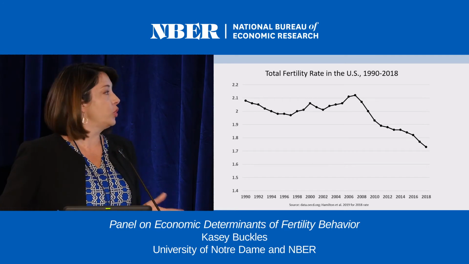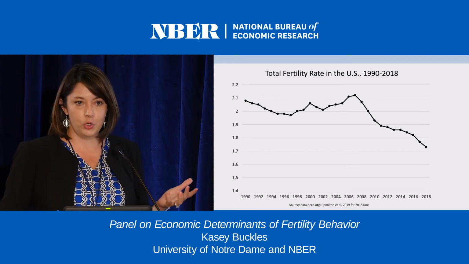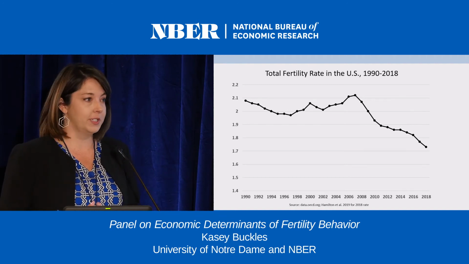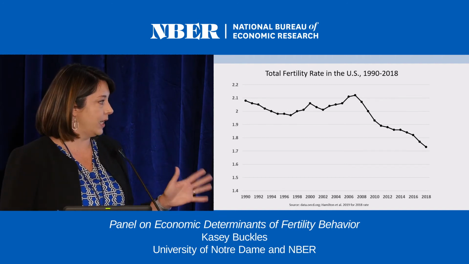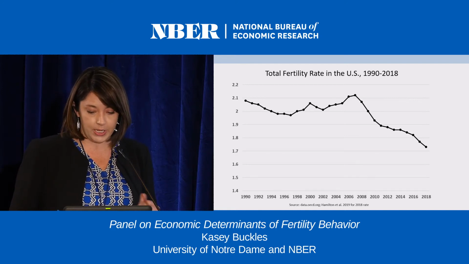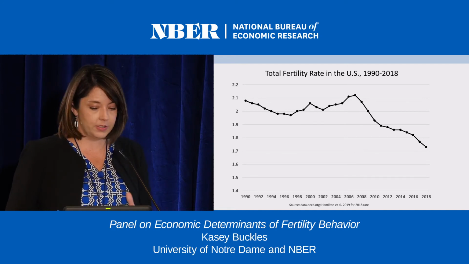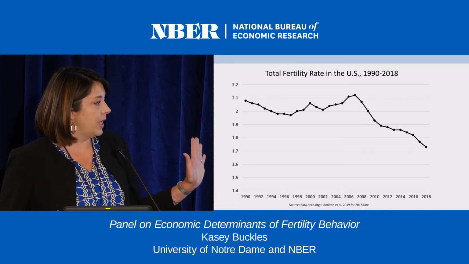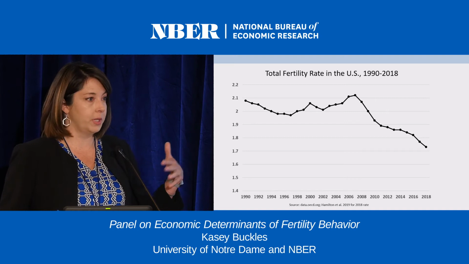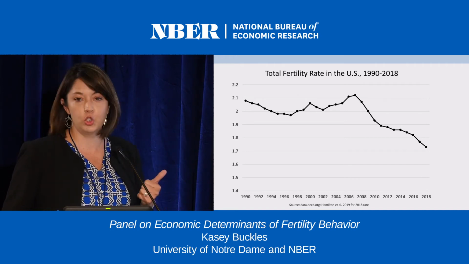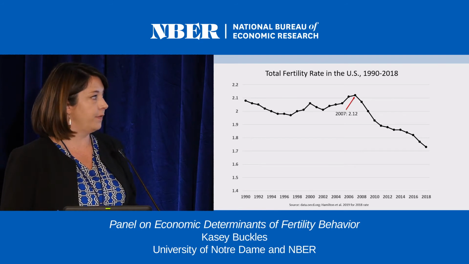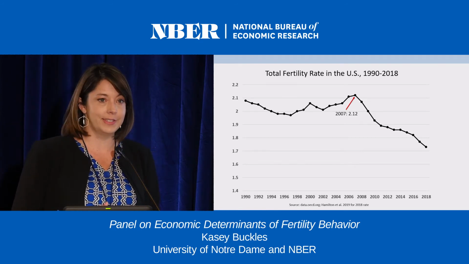So we've seen this picture now a few times. This is that total fertility rate number. Here, I'm just limiting it more to this period that I'm interested in, of 1990 to 2018. And really, especially these last 10 or 11 years, as I've said. If you look 1990 through, say, 2007, total fertility rate was really bouncing around between 2 and 2.1 until we reached a peak at a TFR of 2.12 in 2007.